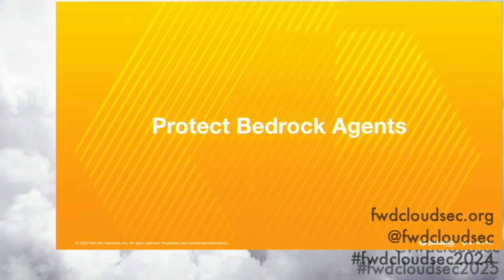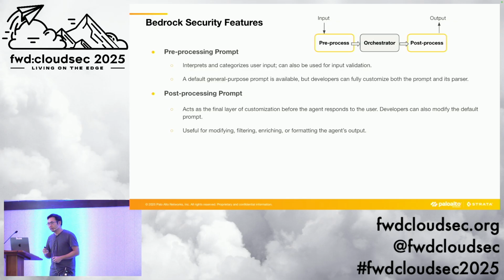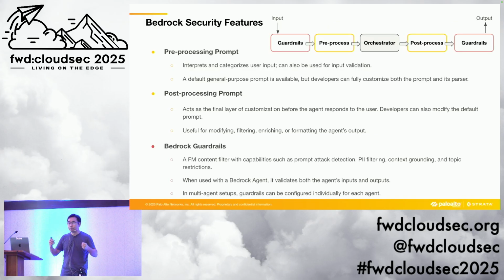So for the interest of time, I don't have a lot of time to cover the protection, but the most important message is that the built-in Bedrock guardrail and pre-processing prompt can quite effectively block prompt injection payloads. However, it has overhead. It introduces cost as well as latency, minimally, but what concerns me more is false positives. This guardrail can cause false positives, which can negatively impact user experience.